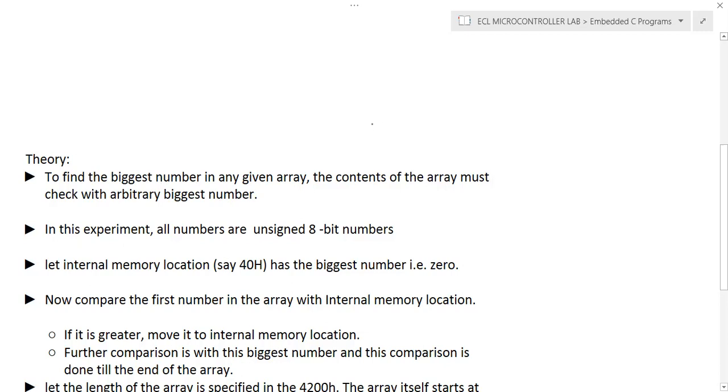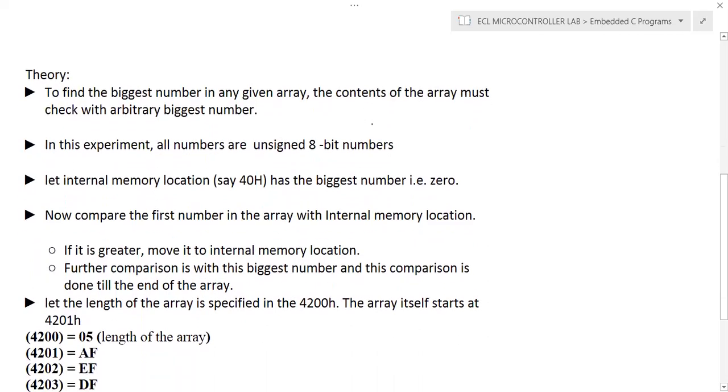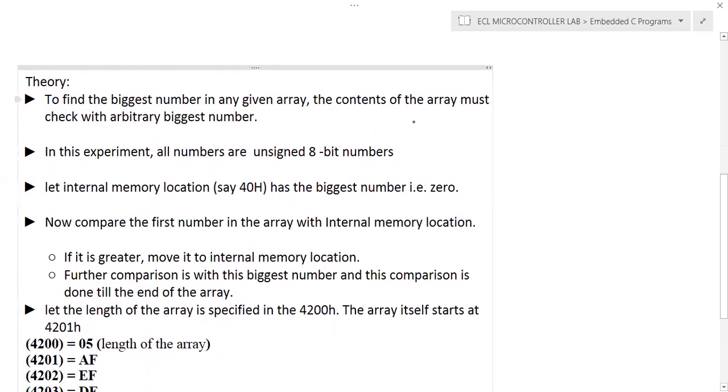So when you develop the logic, we will assume that we need to compare with one value. Initially, there is no such value. So we will allocate one memory location. In this particular case, we will allocate memory location 40H, that's the internal RAM location.